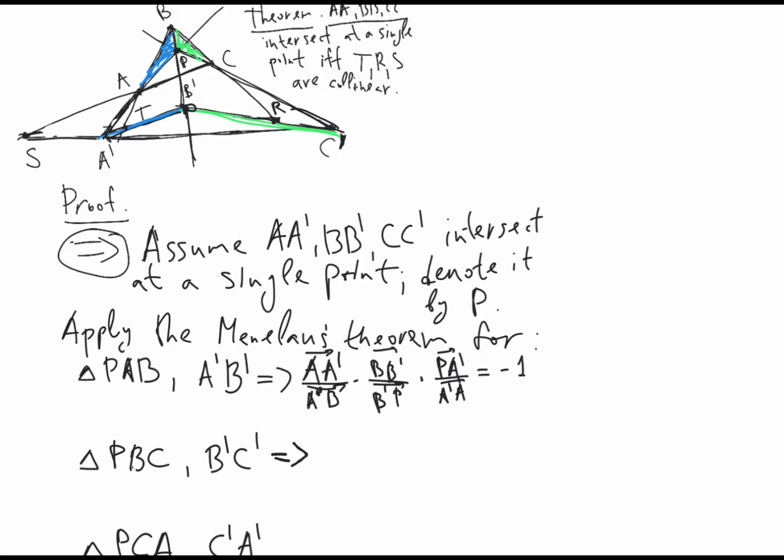so let's start from the point B and go clockwise. So B, PR over RC multiplied by C prime over C prime P, and B prime over B prime B is equal to -1, and the third triangle is